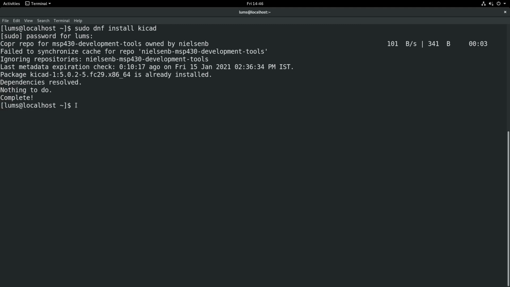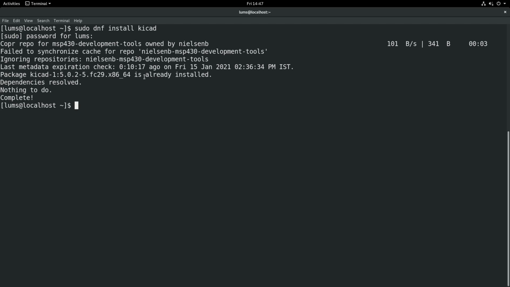Of course, in this particular case, the package KiCad is already installed and it has nothing to do. But in case it has not been installed on my machine, then it will prompt asking whether I want to install or not, and when I give yes, it will go ahead and install KiCad. So on this machine it is already installed.